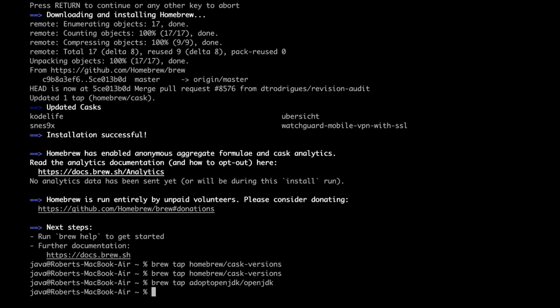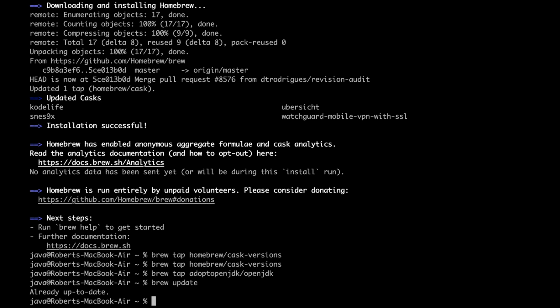Okay, good stuff. We've now added all the repositories that we needed to brew, so we're going to run brew update, and everything's up to date, so good stuff. So the next step is using brew to install Java. So we're going to run brew search, and we're going to type in JDK,